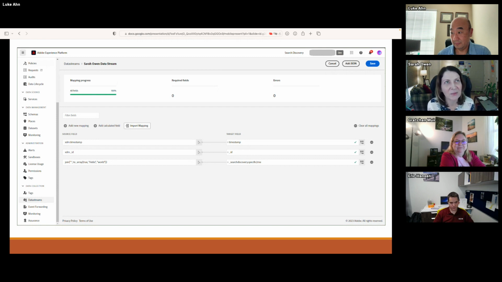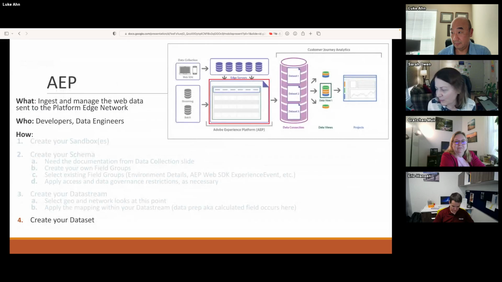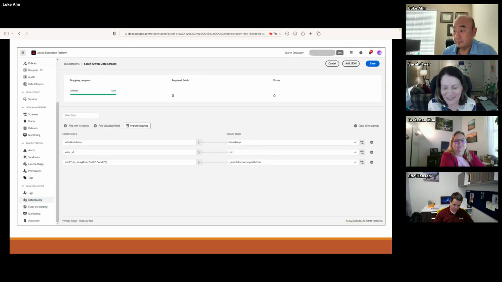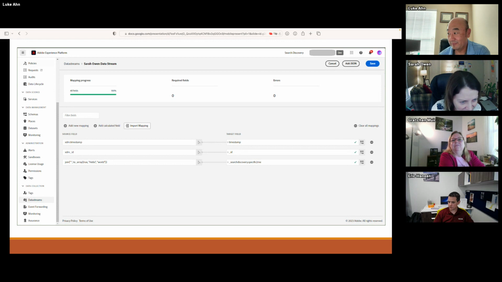And then you might also hear the word data prep. I meant to put a slide in here, so I apologize. But when you hear data prep, in that third column, see where it says join, where I'm joining two things together with a space in between. How I did that, and I apologize, I really thought I put a screenshot. See that little arrow? It kind of looks like an arrow pointing up. When you click on that, it will open up